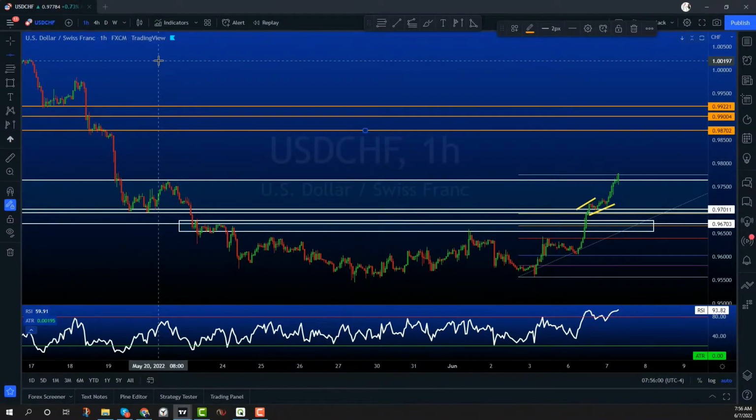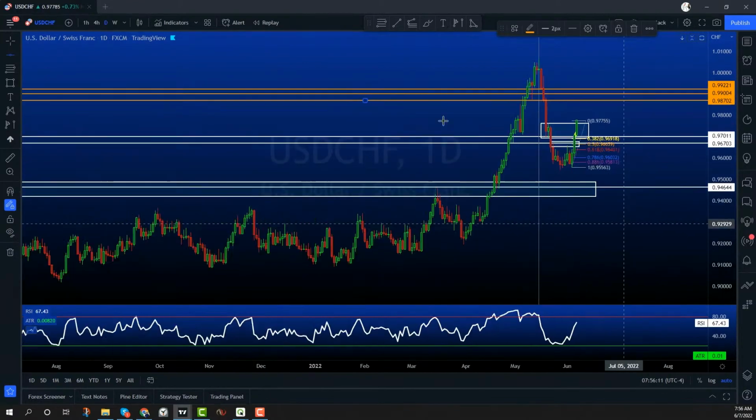Dwayne says, if I were trading this on the daily, entry would have been at 96.57 with a risk reward of 1 to 1.4. What would you be trading on the daily? Are you bullish, bearish? What would be